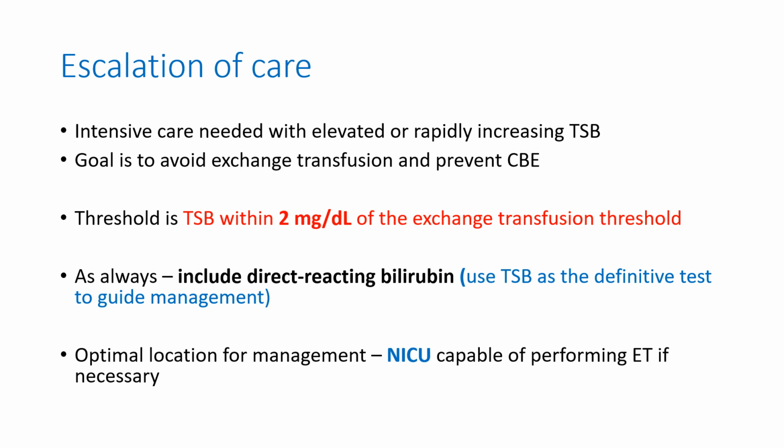Let's talk about the new terminology called escalation of care. We discussed escalation. We defined it as when the total serum bilirubin is 2 milligram per deciliter below the exchange transfusion threshold. Always use the total serum bilirubin as the definitive test that guides management, not only indirect. You should include direct, everything, the total. So when you are very close, you should change your management from passive to proactive because you are very close to the exchange